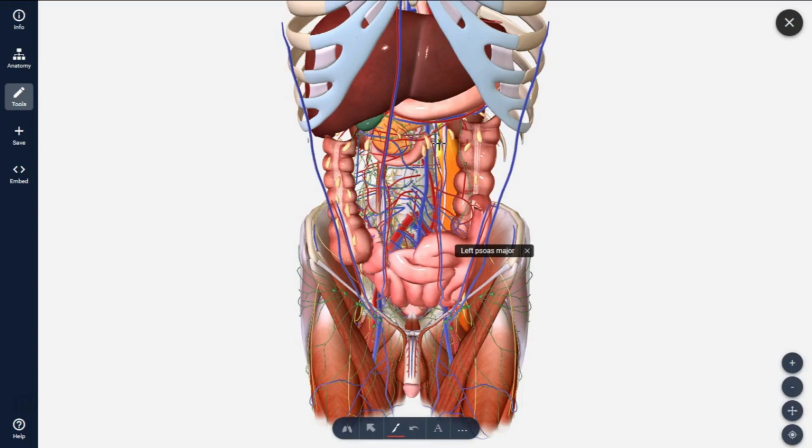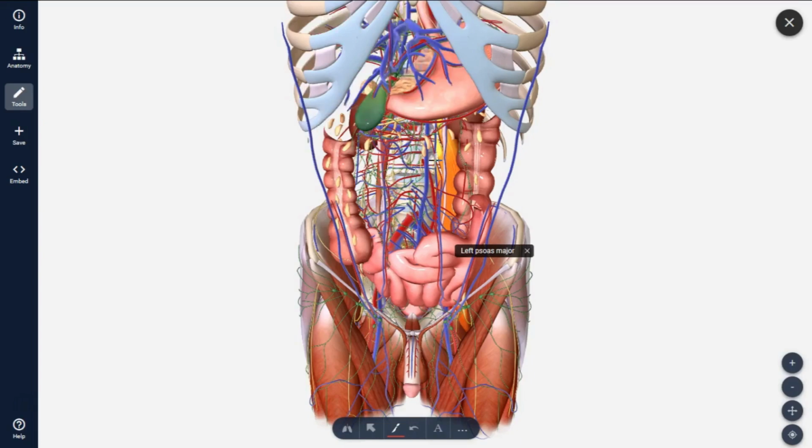So here we can make out the psoas major muscle, and this part is the pancreas and this is the duodenum. If you remove this duodenum and pancreas along with the vessels such as artery and veins present over here, we can approach the liver present over the upper part, and if you remove the liver, we can see the stomach over here. If you remove the stomach part also, we can see the proper position of the right kidney and the left kidney present over here.